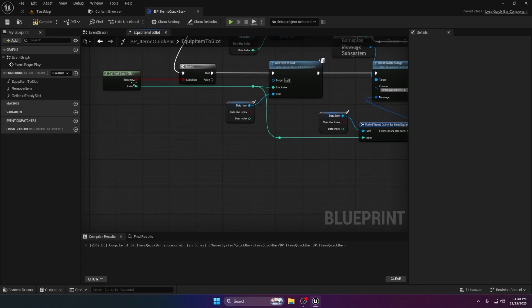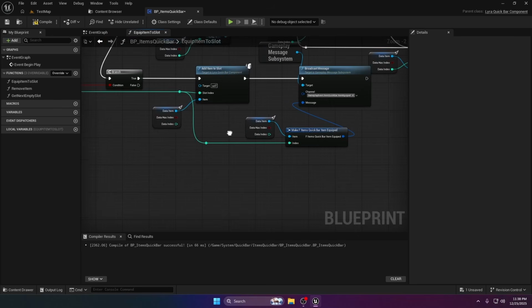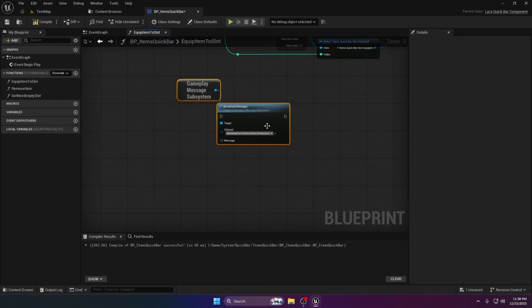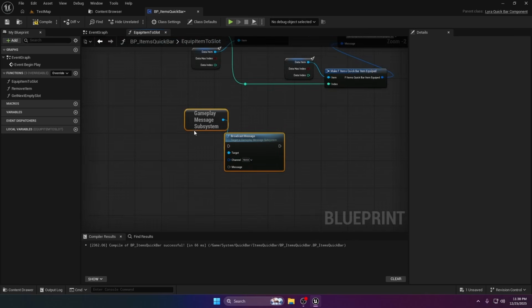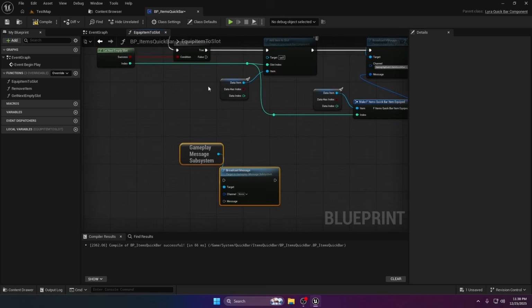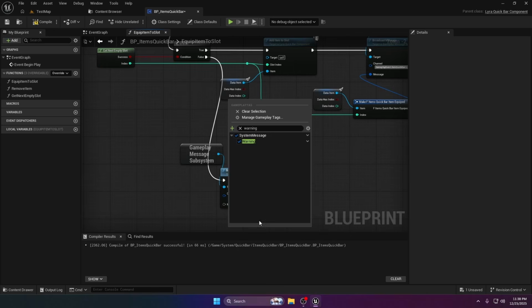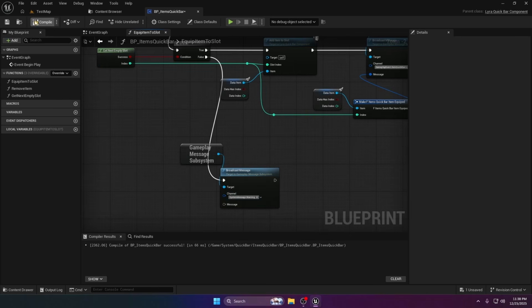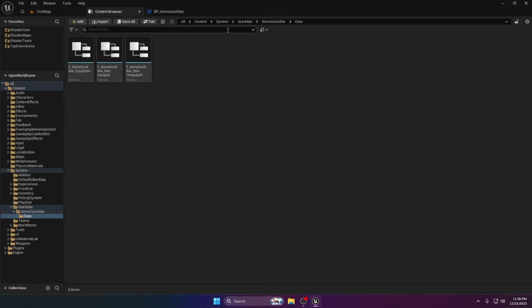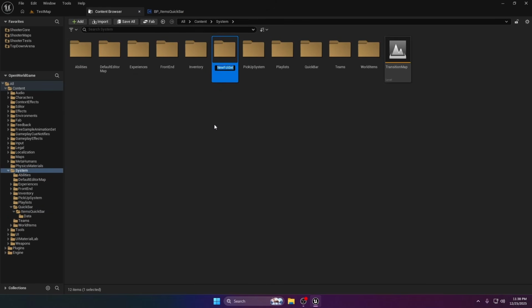And if it's false we need to get this, duplicate, and we remove this from here. And we'll look here for warning, system message warning, and here in the system we're gonna make like messaging